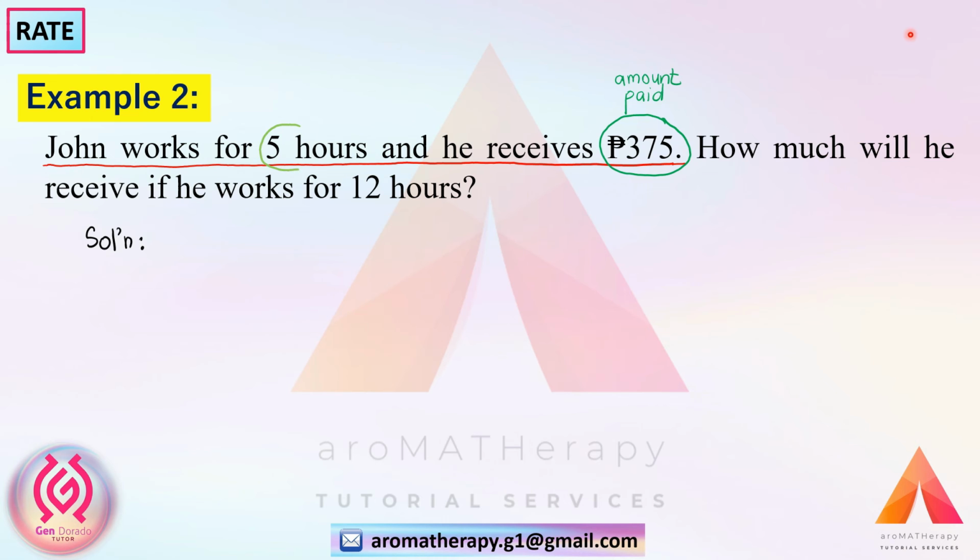Encircle 5 hours. 5 hours is the total working hours. So in order to solve for his rate per hour, we need to divide the amount paid by his